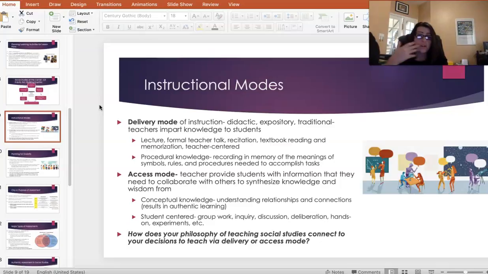But also our chapter highlights an access mode of teaching, or planning more student-centered strategies using group work and cooperative learning activities like doing structured debates or discussions, hands-on activities,